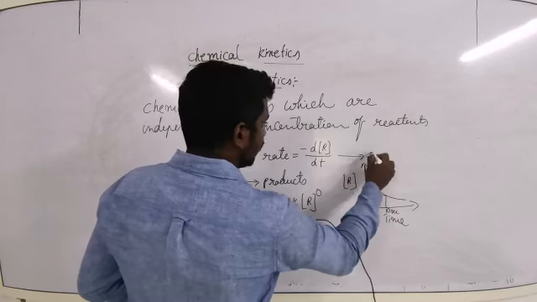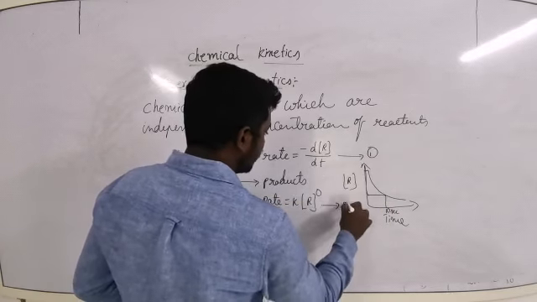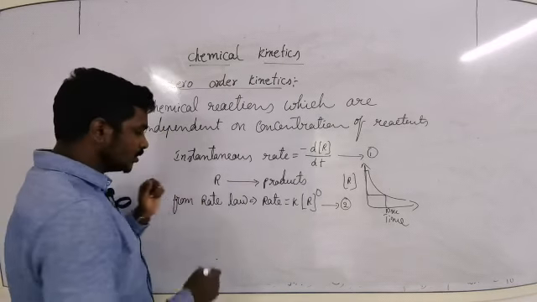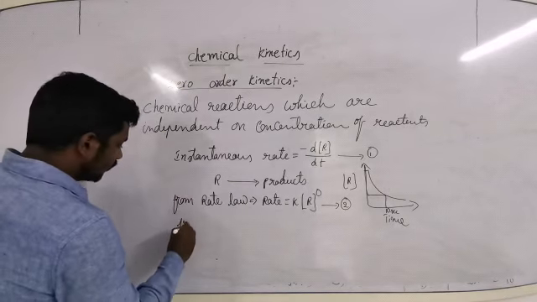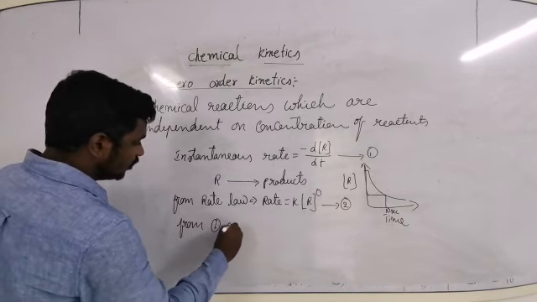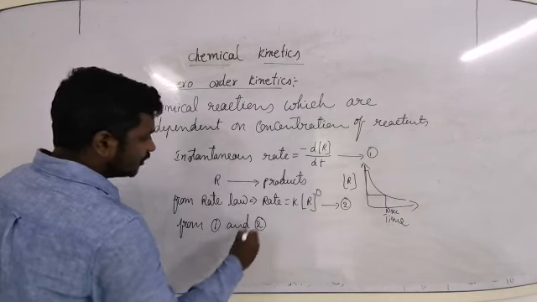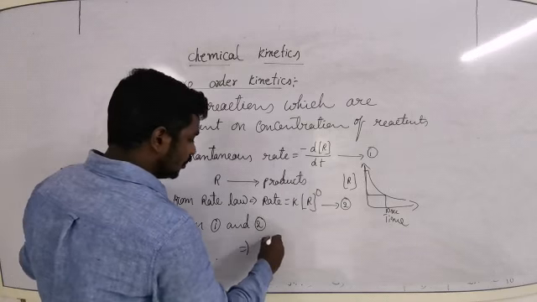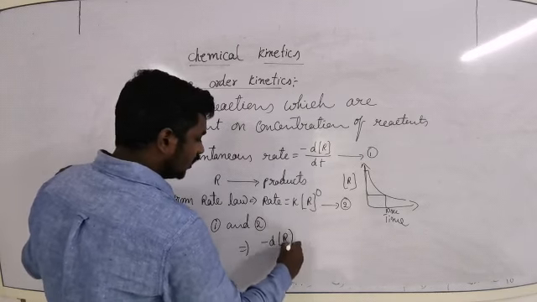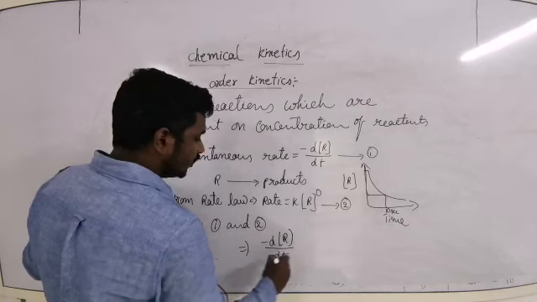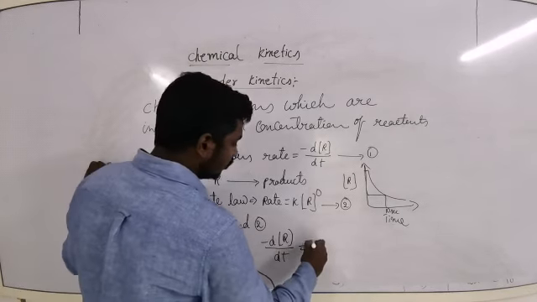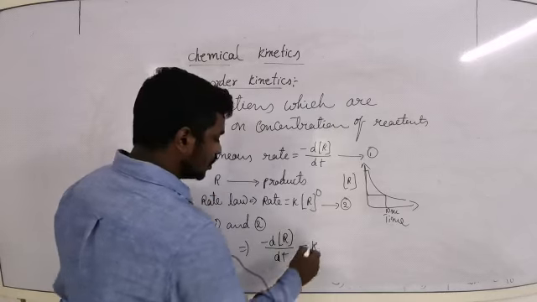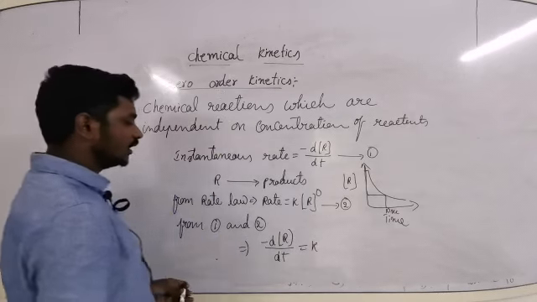Now this is equation 1, and this is equation 2. Both of them are giving the same expression with respect to rate only. So equating equations 1 and 2, both of them indicate the same expression. So it is minus the rate of change in concentration of reactant with respect to time equal to k into concentration of reactant whole power 0. Anything power 0 is 1. So this is the final expression that I have got.